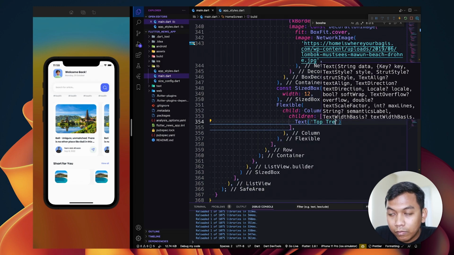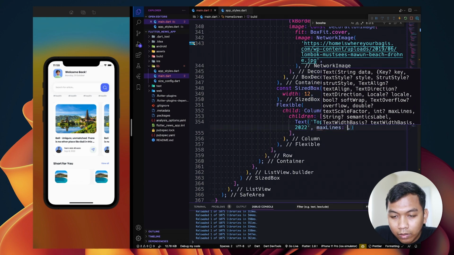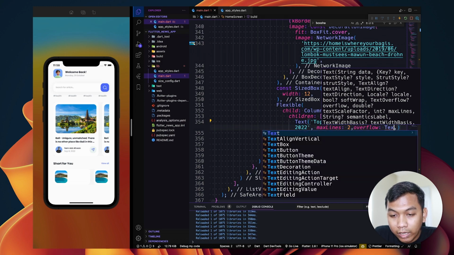So top trending island in 2022, and max line will be 2 when overflow ellipsis,